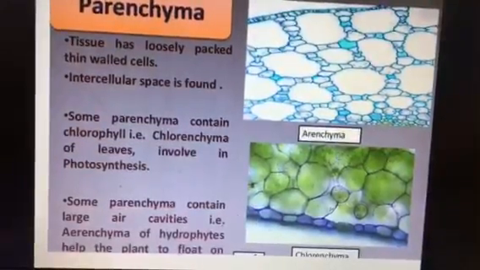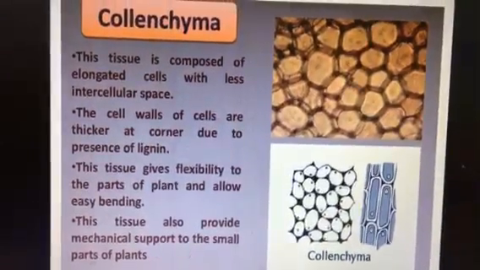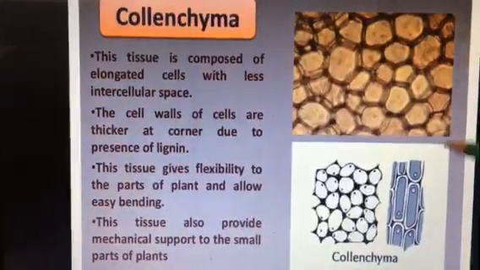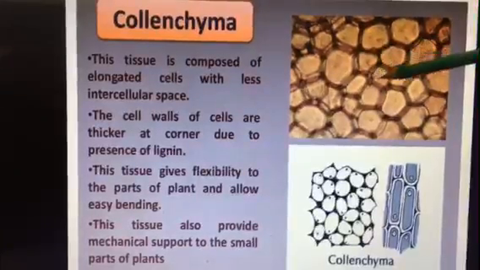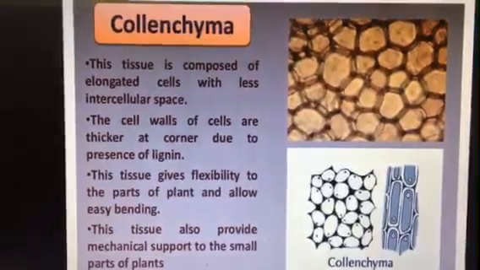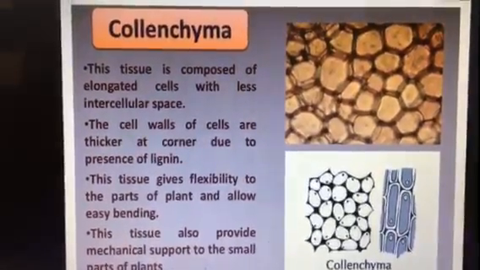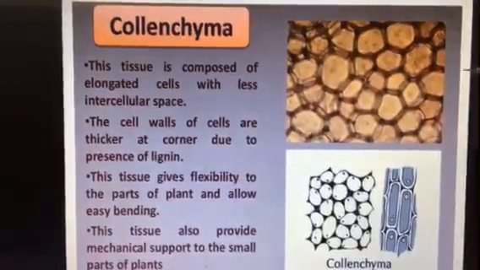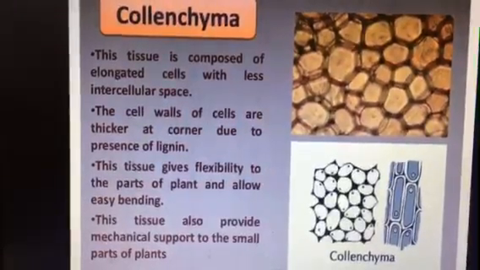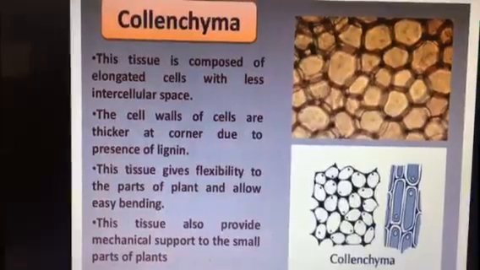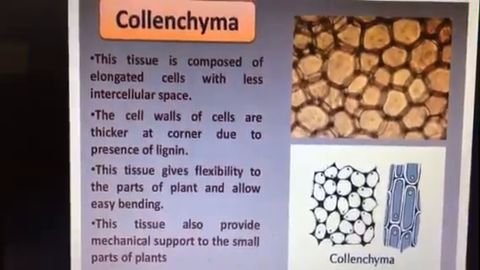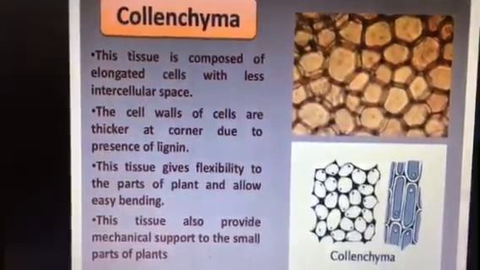Now next is collenchymal tissue. These tissues are living cells with deposition of cellulose, hemicellulose and pectins only at the corners. It lacks intercellular spaces and is very compactly arranged, and it also provides mechanical support to the plant. They are present below the epidermis in dicot stems. It is absent in dicot roots, and is present in the petiole and midrib of dicot leaves.